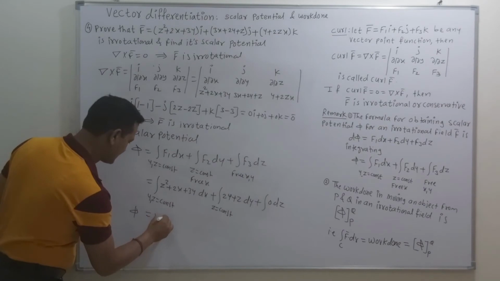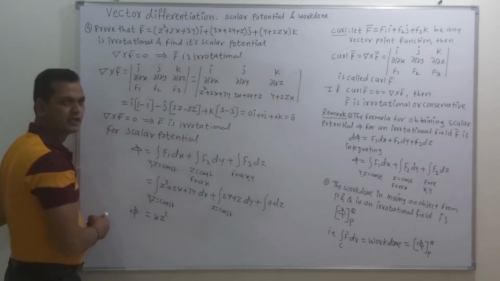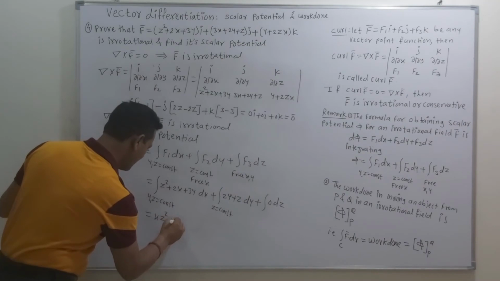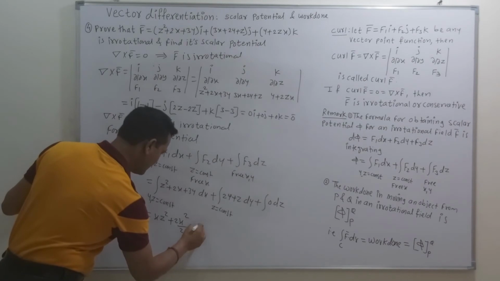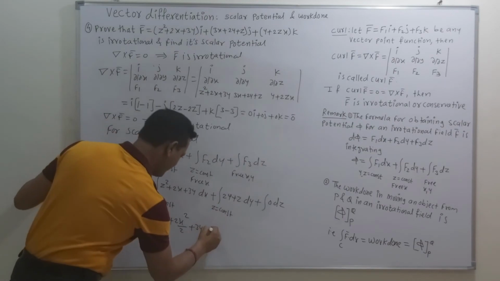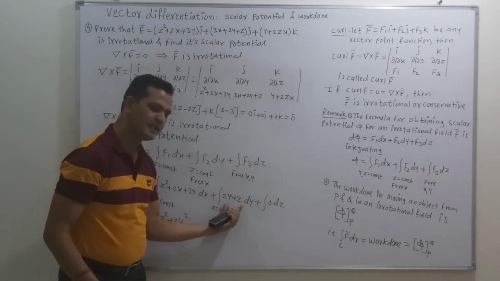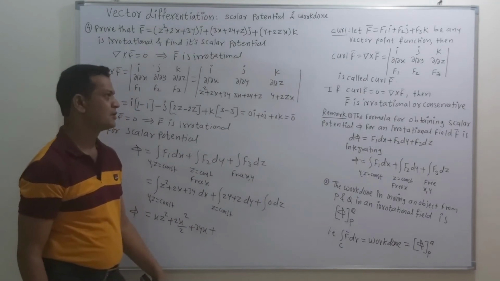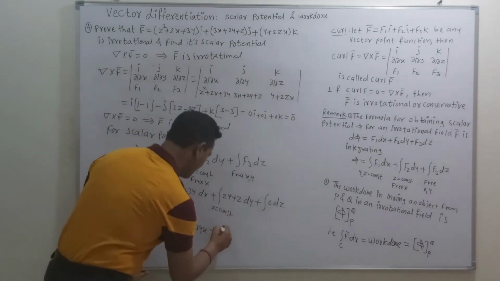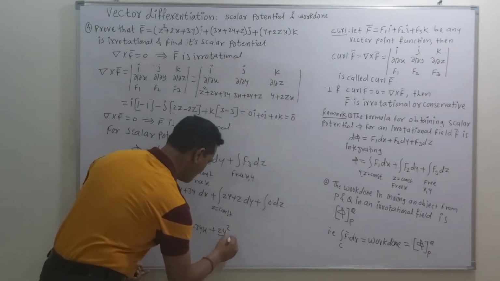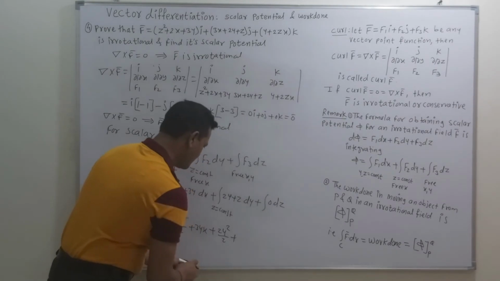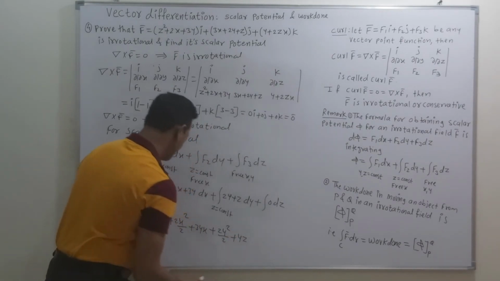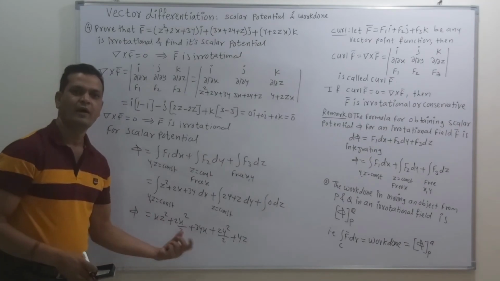So we can write this as z square as it is, then integration of 1 is x, plus 2, integration of x is x square by 2, plus this is 3 as it is, then this y is constant into x, plus again friends, for finding this integration, here the value of z is constant. So now we can write this as 2y square upon 2 plus this is z square up, sorry, this is z which is constant, so we can write this as yz. So this is the value of scalar potential phi.